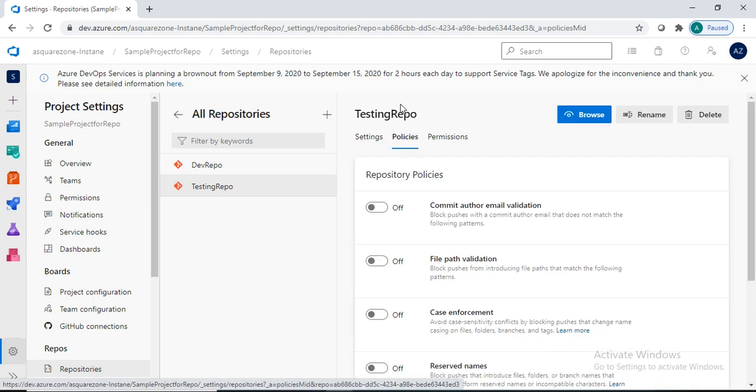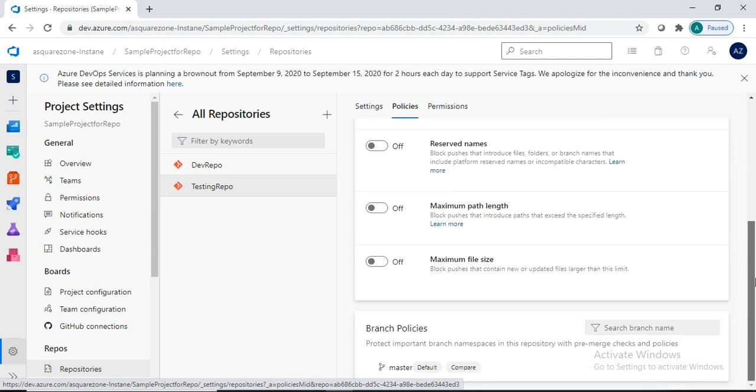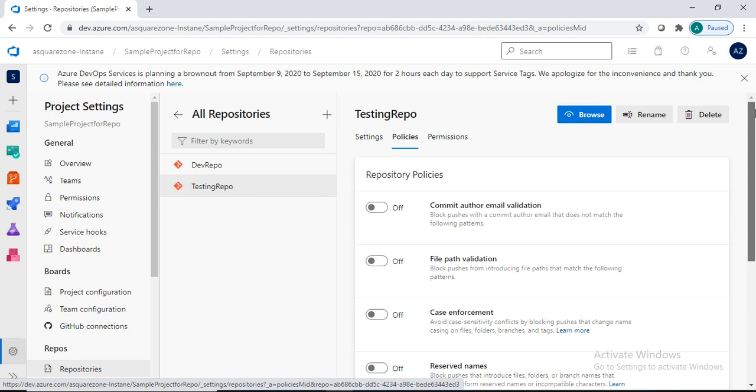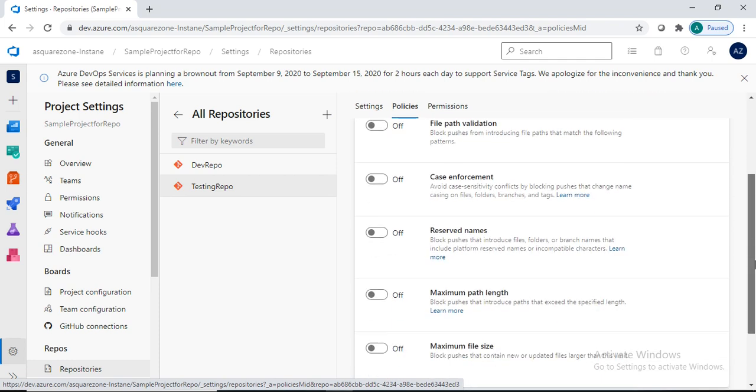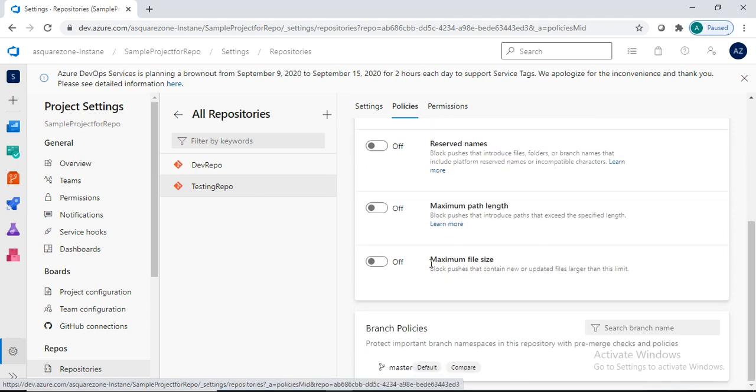And policies, we can get like two types of policies, like repository policies as well as branch policies. Here in repository policies, commit author email validation and file path validation and case enforcement, reserved names, maximum path length, maximum file size. So these are options we can select, and we can give the permissions as well.